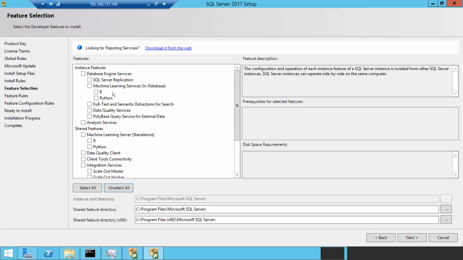Is it possible to add features next time, guys? Whenever we want, is it possible to add features? Yes. If you remember, during the installation, I selected one option,